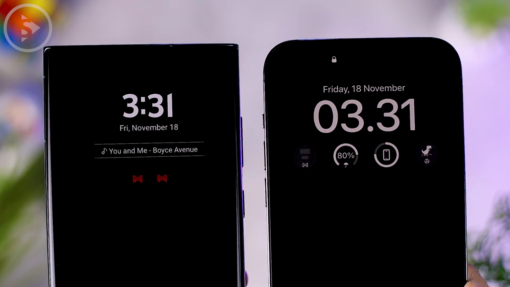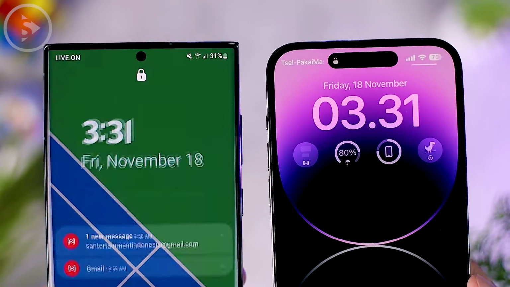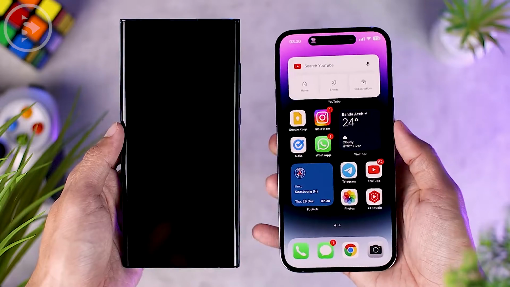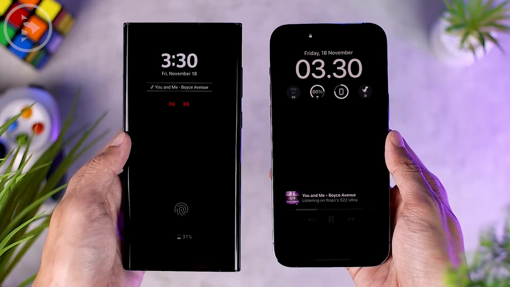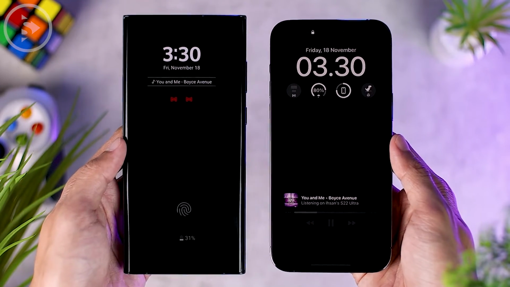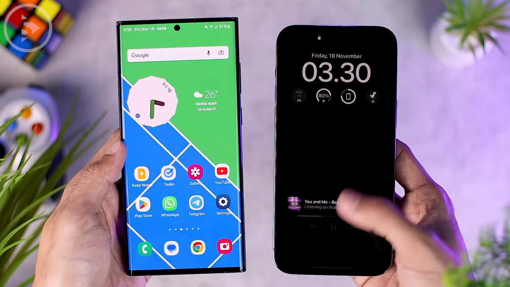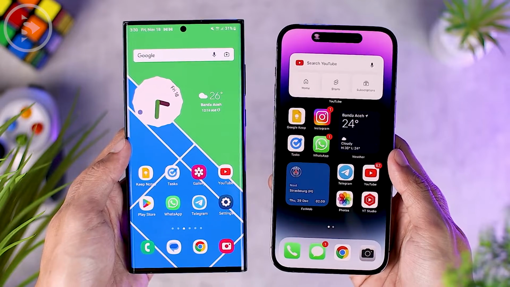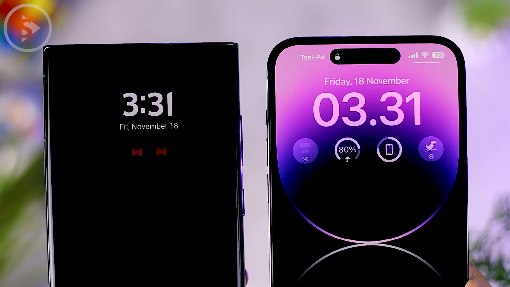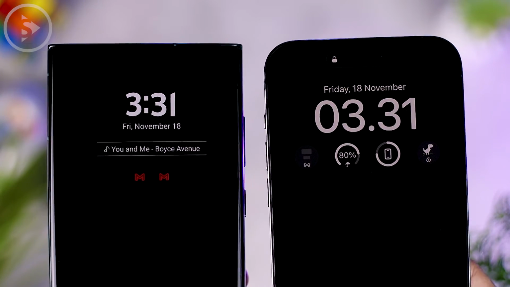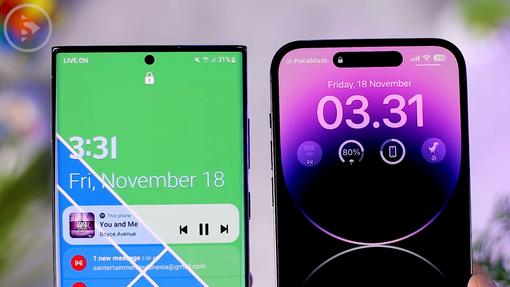So which always on display is better on these two smartphones? In our opinion, in terms of aesthetics and consistency, Apple's always on display looks a little bit better compared to the Android version. However, on Android, even though it looks inconsistent because the position of the clock always changes, the benefit is to reduce the risk of burn-in or shadow on the AMOLED screen.